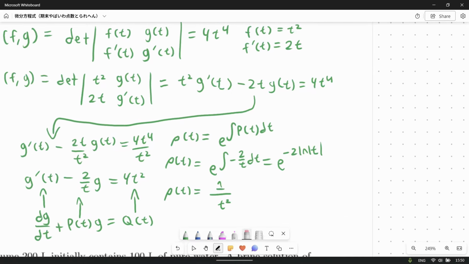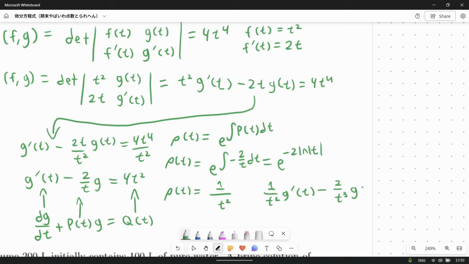So the next thing we have to do is distribute that with our differential equation. When we do that, we end up with 1 over t squared times g prime of t, minus 2 over t times 1 over t squared. That just simplifies to minus 2 over t cubed